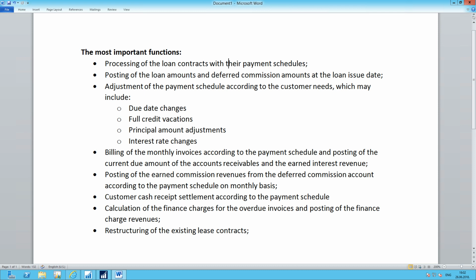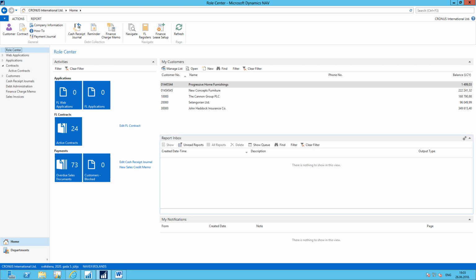Shortly, the most important functions which we are going to cover today is a creation of the contracts and their payment schedules, posting of the loan amounts, adjustment of the contract schedules, and monthly billing. Later we can also take a look at the payment management, and I can explain that there are also some other functions in the system we can use